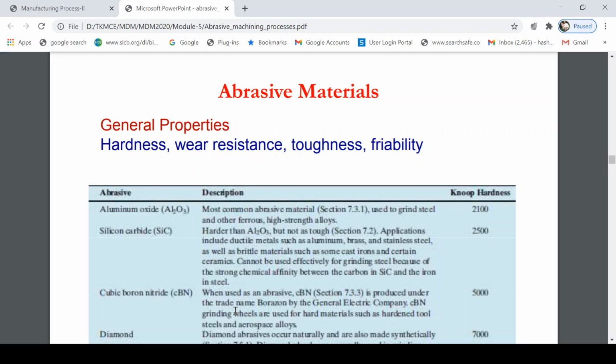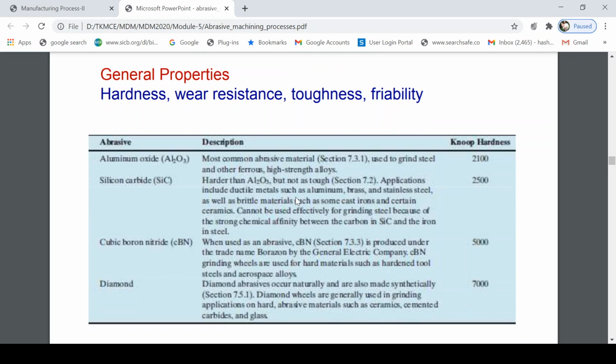So, abrasive material. The cutting process taking place in a grinding wheel is only because of the abrasive material, which is the hard material with the sharp cutting edges. This is one of the important ingredients in any grinding tool or grinding wheel. Its general properties are hardness, wear resistance, toughness, and friability. So some of the examples for this